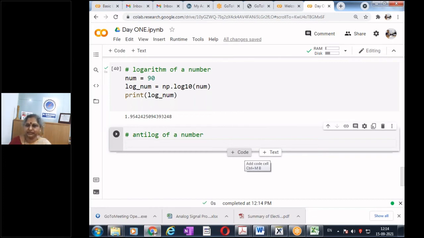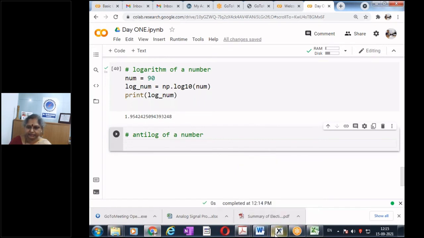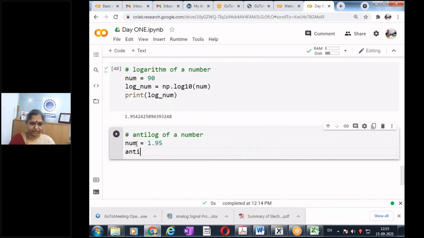Let us assume there is no inbuilt function for doing anti-log, but I have the power function. So let us say my number is 1.95, and I want the anti-log of my number.